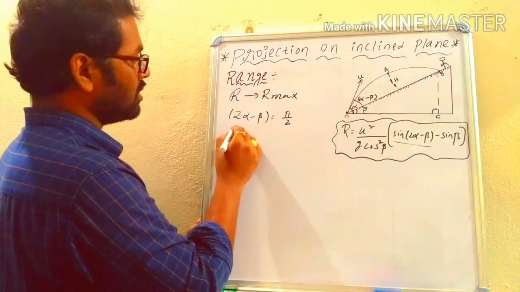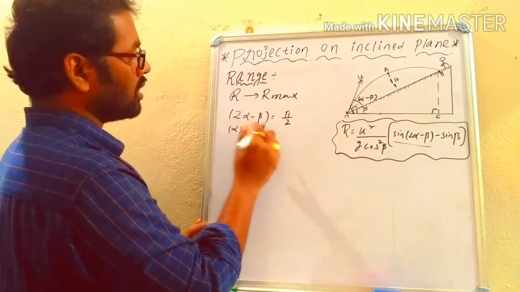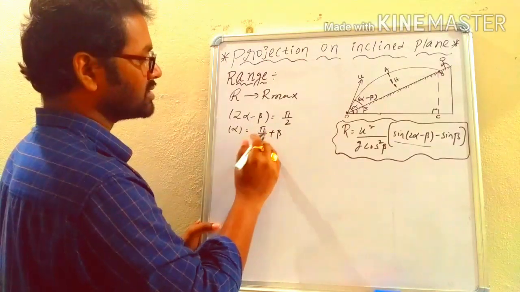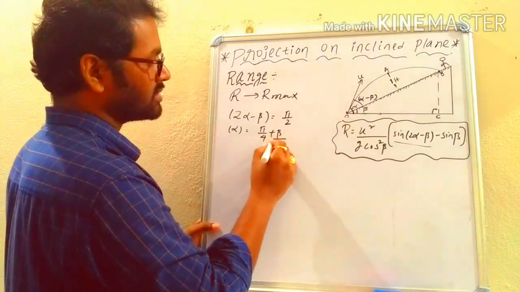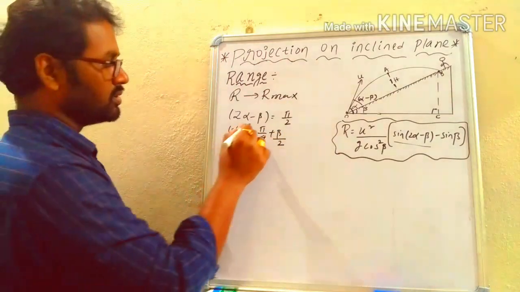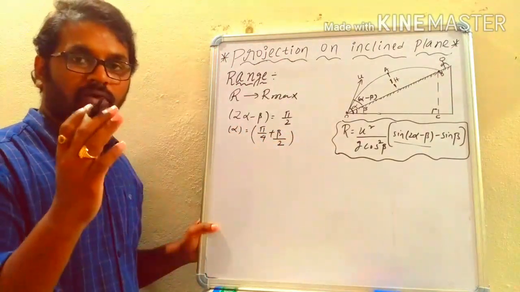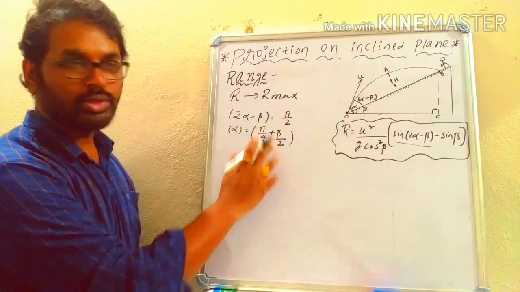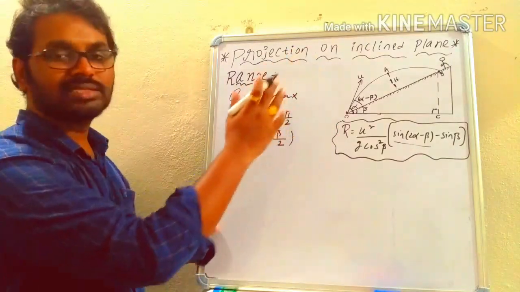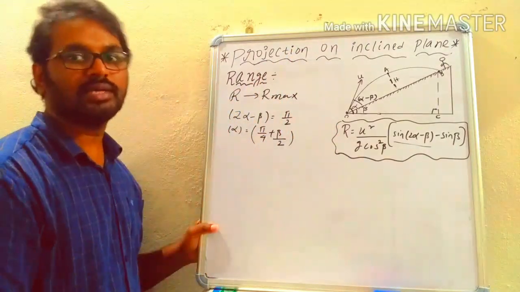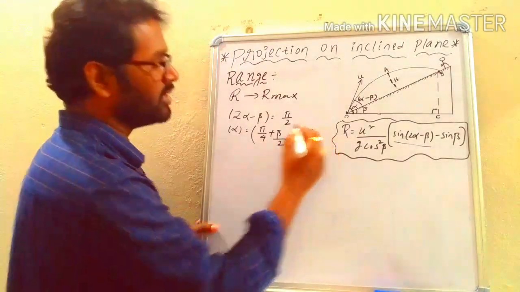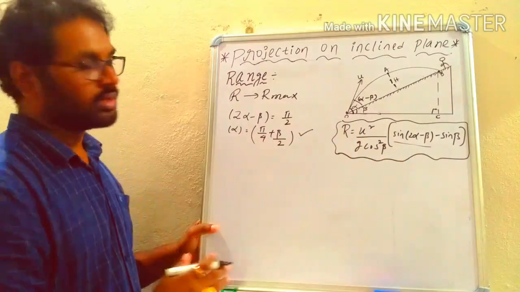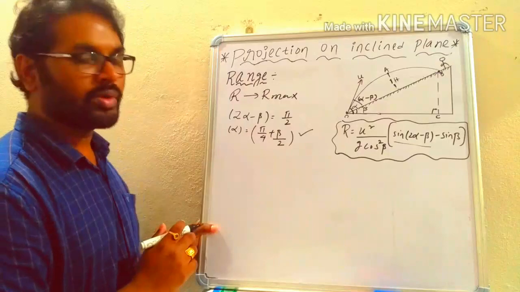With this you will get alpha is equal to (pi by 2 plus beta) whole divided by 2, or we can write it as pi by 4 plus beta by 2. So we got that for the angle alpha equal to pi by 4 plus beta by 2, the horizontal distance traveled by the projectile, or the range, becomes maximum. So you got the condition, and taking this condition into the general equation, you will get the expression for the maximum range. Let us see.